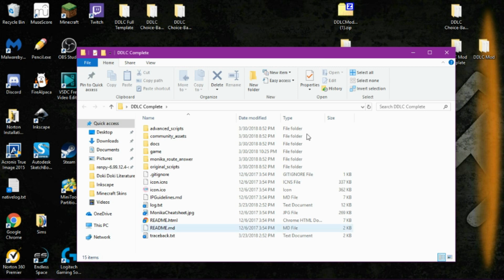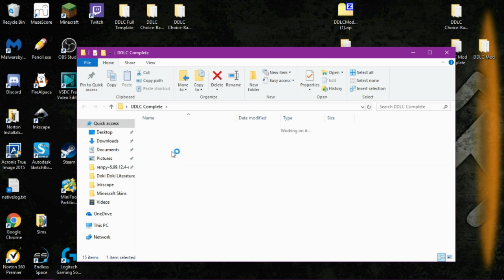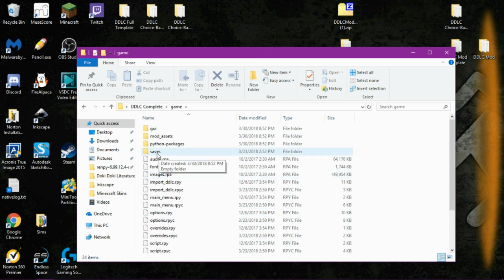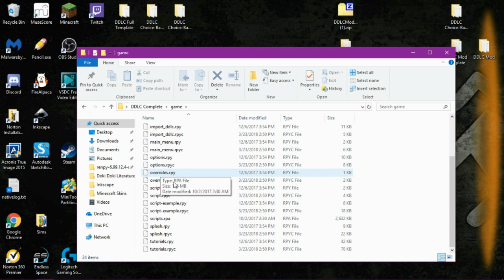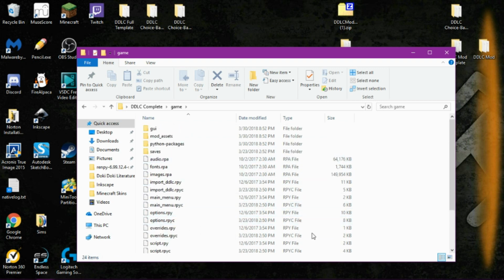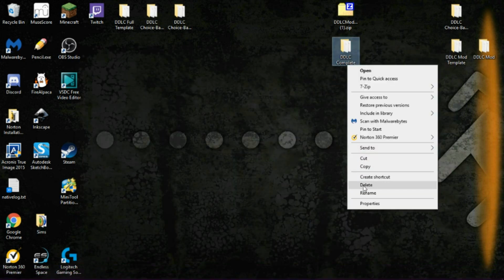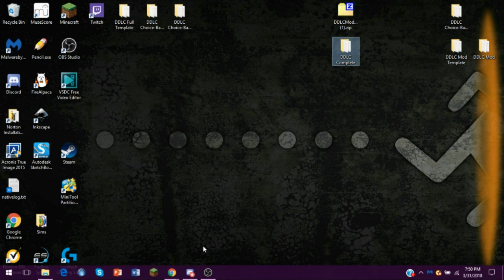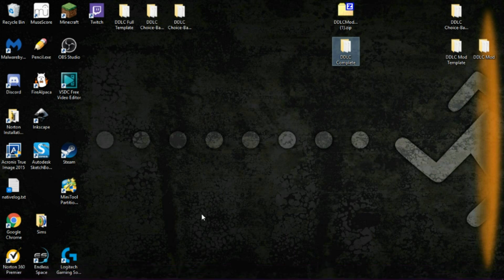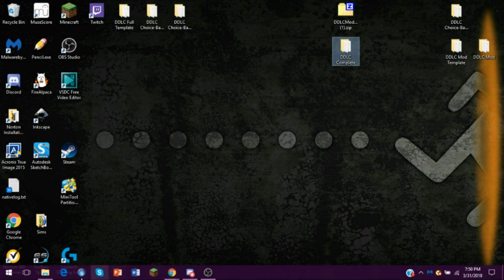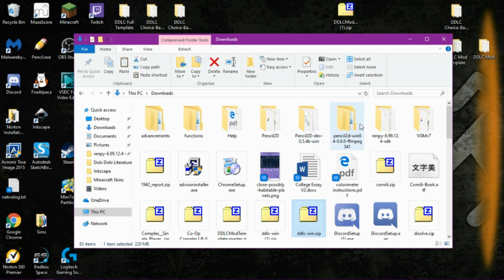All right. So you copied those files earlier, but I never told you exactly where to put them. You want to put them into the game folder, and in here you can see that I already have copied them over. Here it is. So all the files are already in there, and that's perfect. Now what you're going to want to do is copy your template. I would also suggest making a copy of the complete template, then deleting it once I tell you what to delete. Alright, so we're going to go into RenPy,